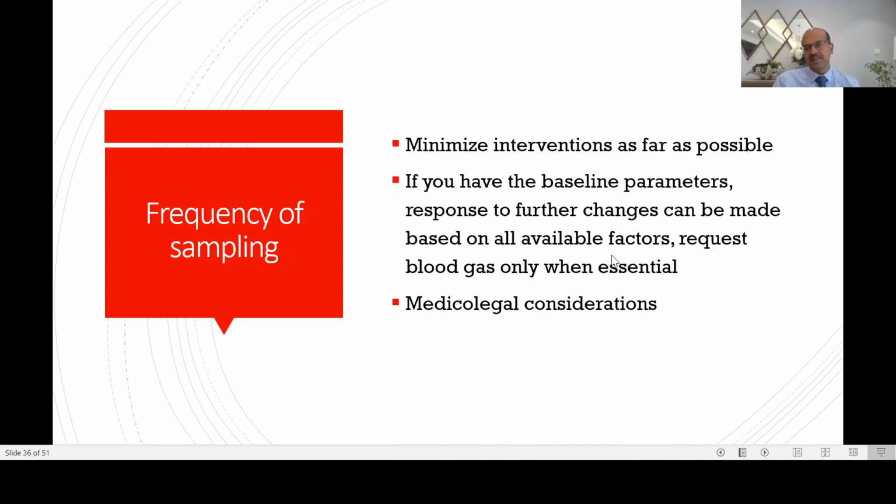In a ventilated baby, as I said, if you make a change which is very significant, you do need to document the response to it. If you're correcting the acidosis in a baby with shock, you do need to follow it up. And you do have to consider the medico-legal implications of delaying a blood gas in a baby where it is indicated. So you try to minimize interventions in a safe way. So you do document when it is important, like a pH which is abnormal, and you are doing measures to correct it. You have to have a reasonable length of time within which you should do the repeat gas.